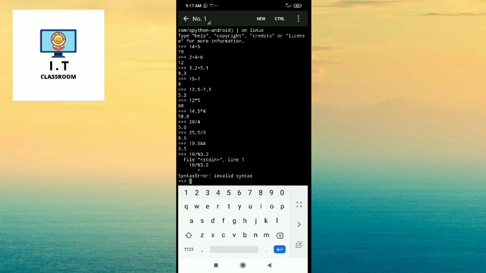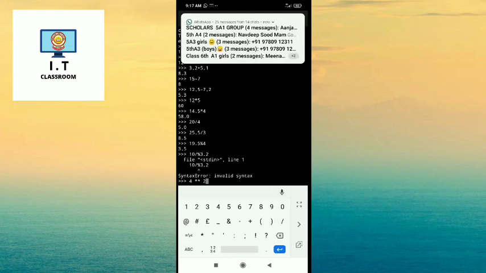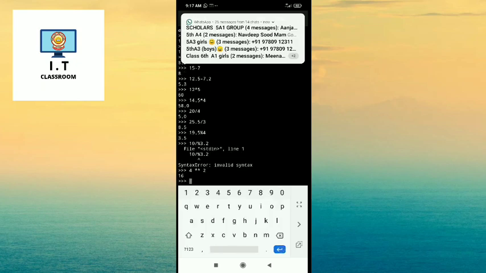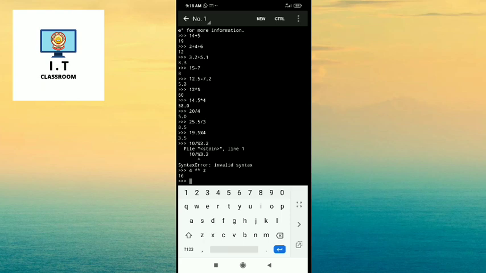So in this way you have studied about the types of QPython operators. Number 1, it was addition operator. Second, it was subtraction operator. Third, multiplication operator. Fourth, division operator. Fifth, modulus operator. Sixth, floor division operator. So today you have learned about the arithmetic operators which we can use in the Python. So in this way you can also try these commands on your own Android phone.